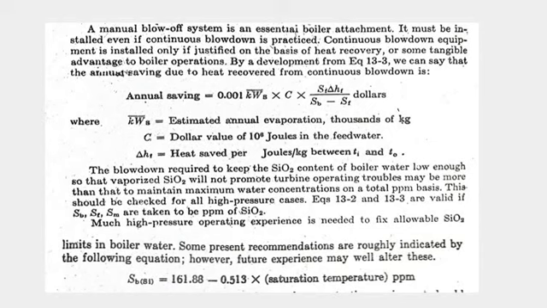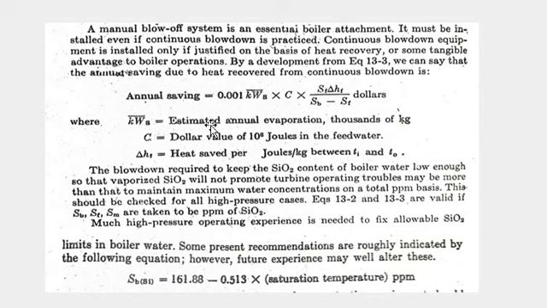Next, the manual blow-off system is an essential boiler attachment. It must be installed even if continuous blowdown is practiced. Continuous blowdown equipment is installed only if justified on the basis of heat recovery or some tangible advantage to boiler operations. By development from equation 13-3, we can say that the heat recovered from the continuous blowdown